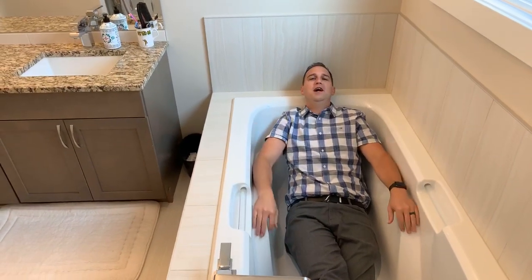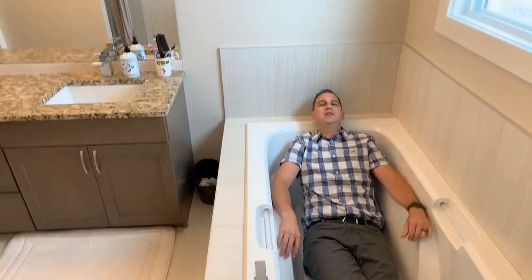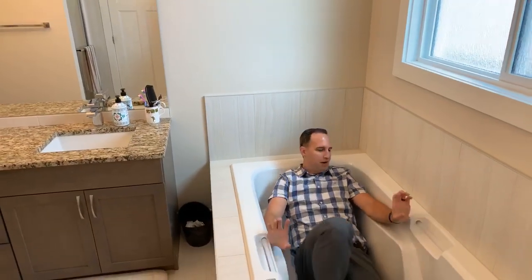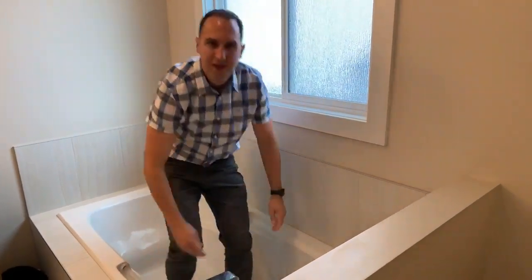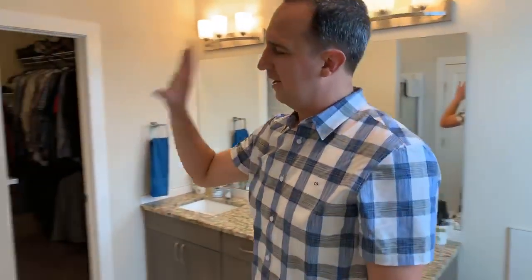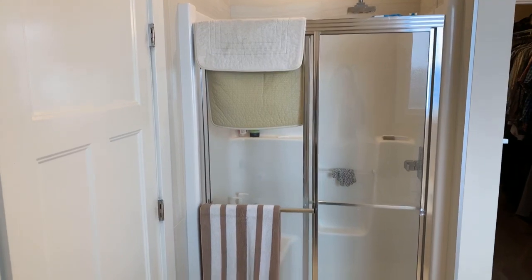A beautiful soaker tub. As you can see, we've got privacy glass here, so you've got natural lighting without needing to worry about the neighbors watching you in the tub, which would be good. That's the tub. You can fit a big guy in the tub. We've got a big shower here. We've got his and hers sinks,